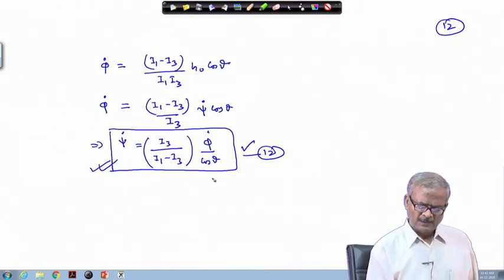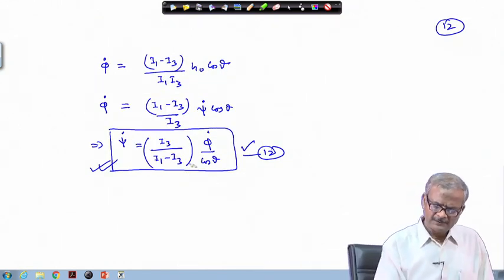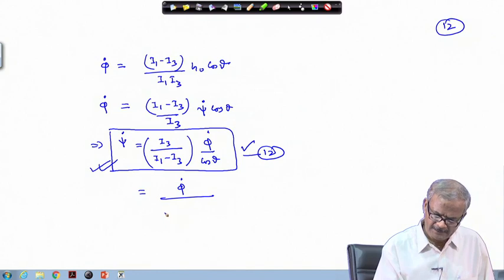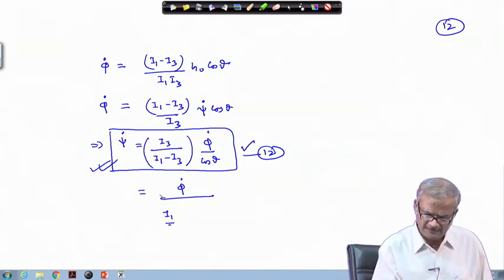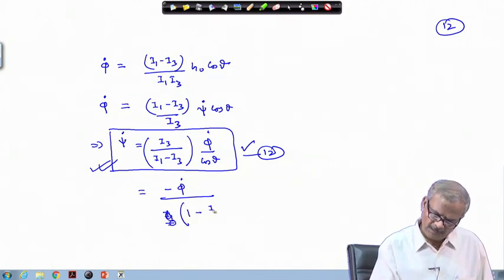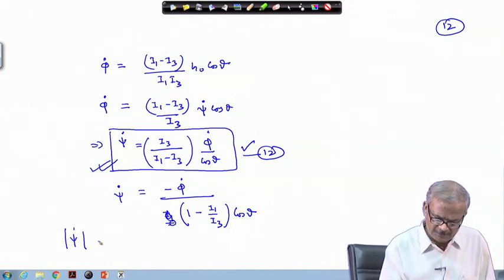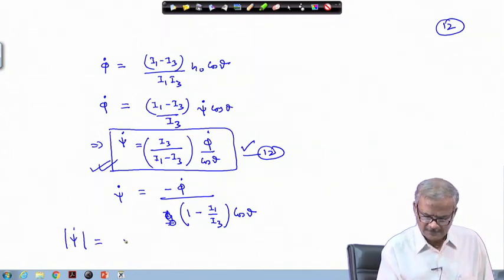Okay. And you can do it yourself by writing it as phi dot divided by I1, or the minus sign we can take outside. So, this will become 1 minus I1 by I3 cos theta, this is psi dot,